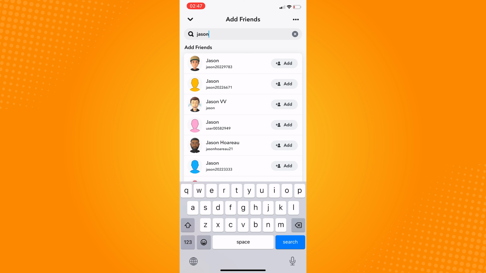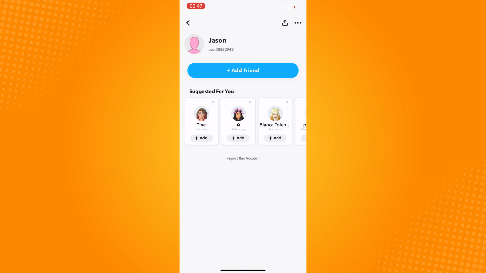Now don't click on this add friend because if you tap on this, the added by search will appear on their profile. So just click on that user's Bitmoji, and if you tap add friend here, it will just show added by username. Another way you can do this is to take note of this username,